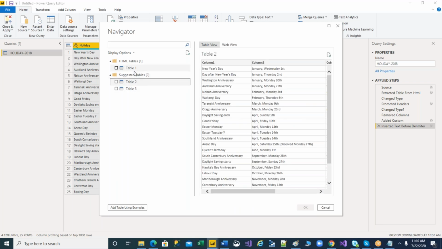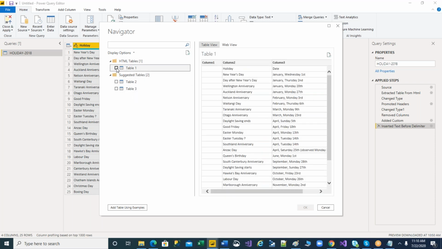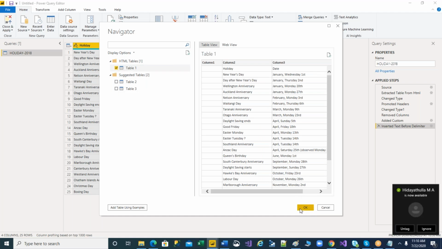Okay, see, in the previous scenario the sheets were different, and in this scenario the sheets are different. That's why it is giving some problem. Don't worry, select this table, select this particular thing and try to say